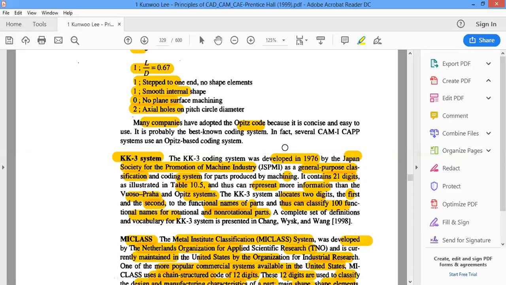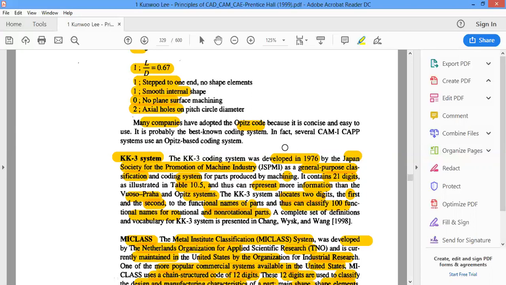In the KK3 system, the first and second digits are allotted to the functional names of the part. So what is the part name, whether it's a nut or a bolt? The part has to have a name, and based on that, a code has been assigned for each part name.